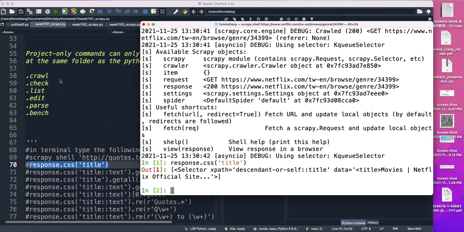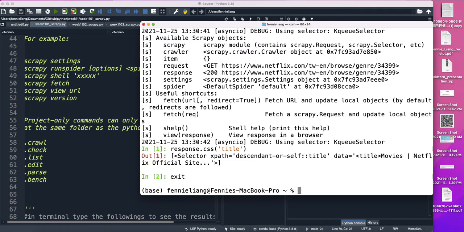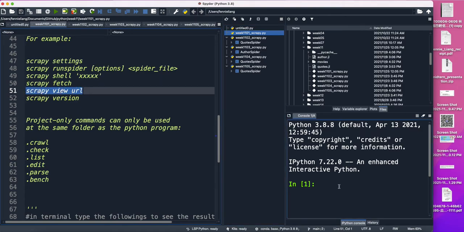So then we go back to our global command. From here, if we want to leave the command line inside Scrapy, we just say exit. So we exit it, go back to our virtual environment. So from here, let's say we want to fetch. Maybe we say we want to view the